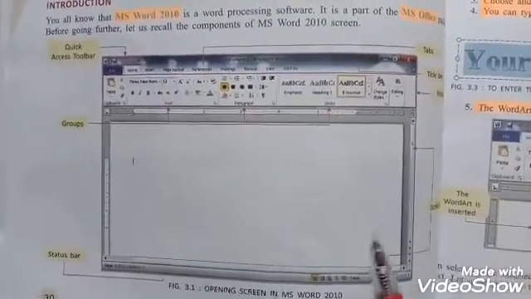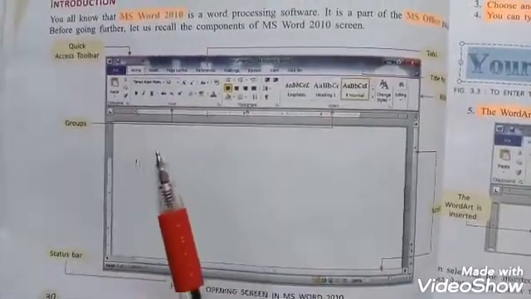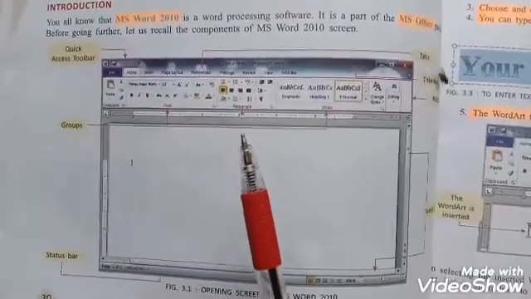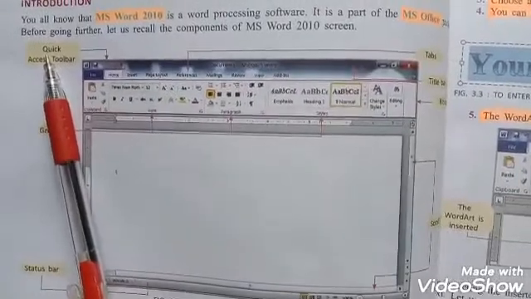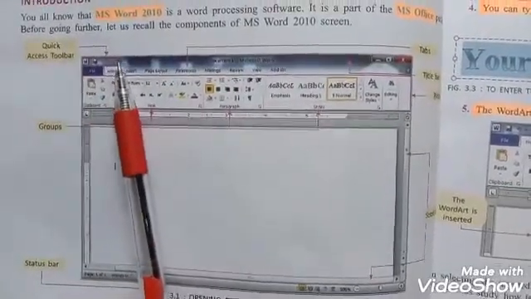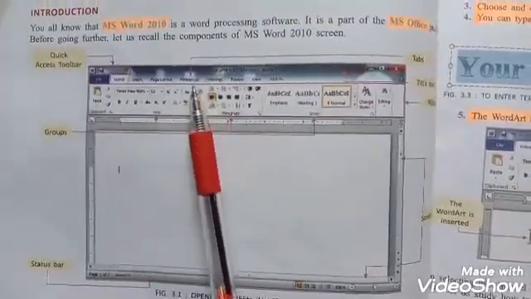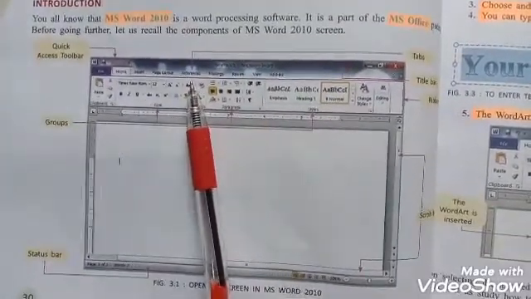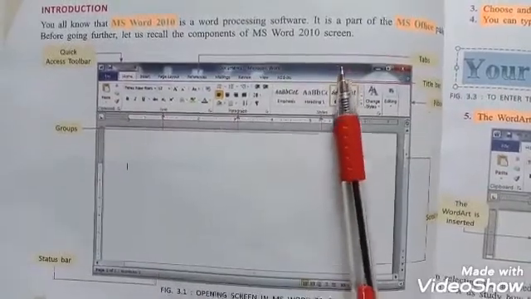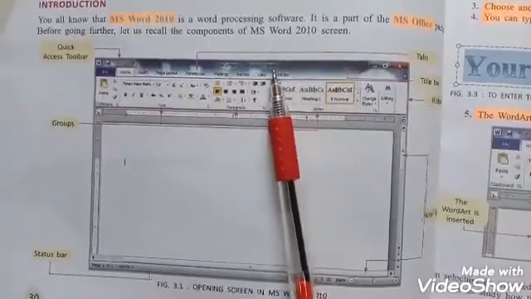MS Word is also part of MS Office. MS Word consists of some components like quick access toolbar, reference, and tabs. This is also known as the title bar.